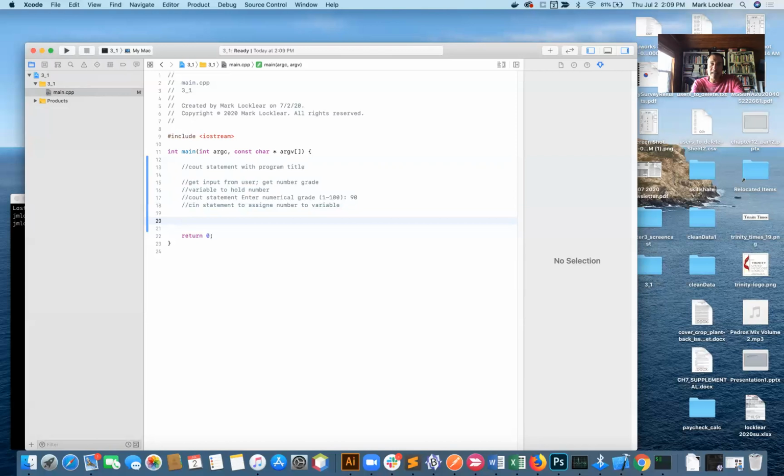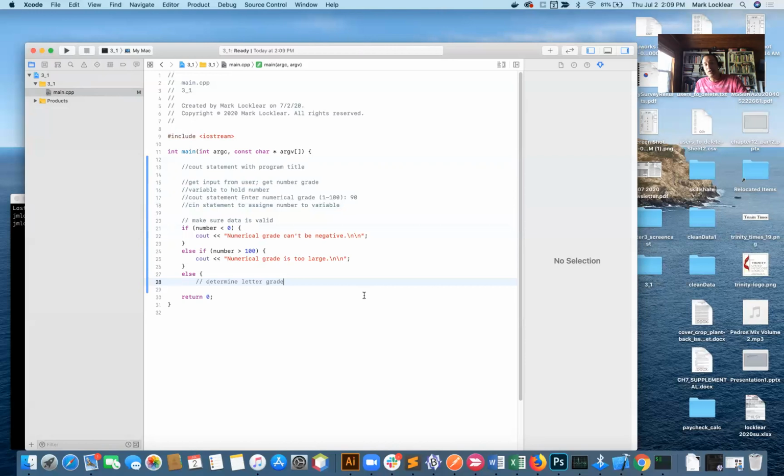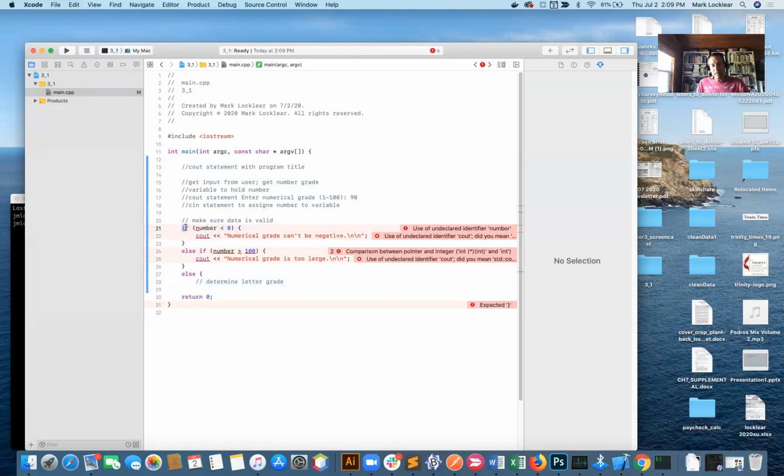To check whether the data is valid or not, a simple if statement would do that. In fact, I'll give you this entire block here just so you can see. So this would look something like this, right? You're going to get the input from the user, assign it to your number variable. And again, we're getting a bunch of errors here, but that's simply because we haven't created this number variable and a couple other things, but you should be able to get the idea of the